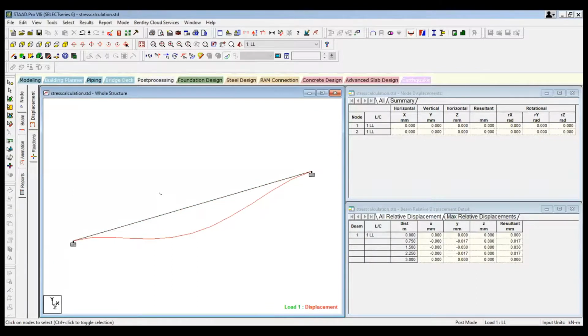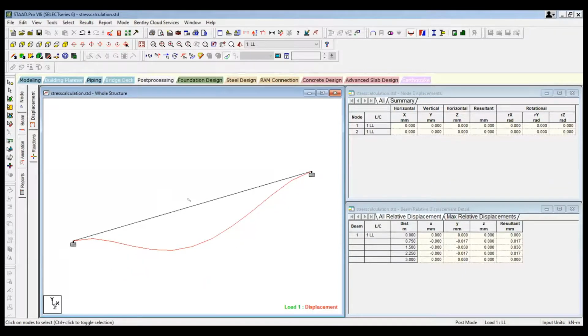So this is your deflection. Initially, it will show the deflection diagram. So how did I increase the scale of this diagram? You have to use control and scroll mouse, so that the diagram is going to increase and decrease. Control plus scroll with the mouse up and down, so that you can see it properly.